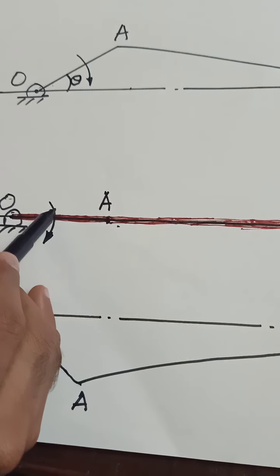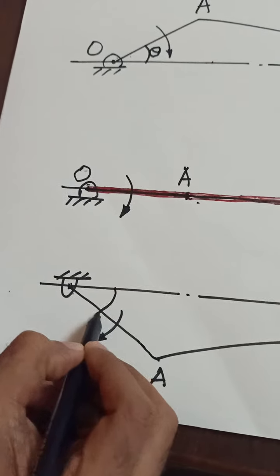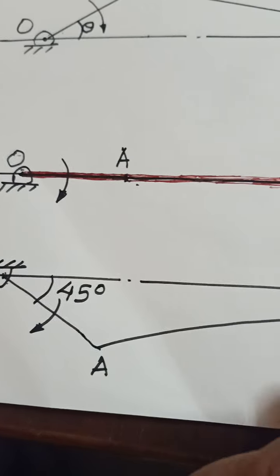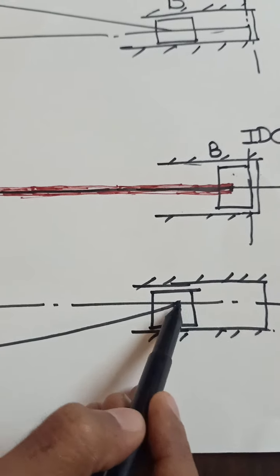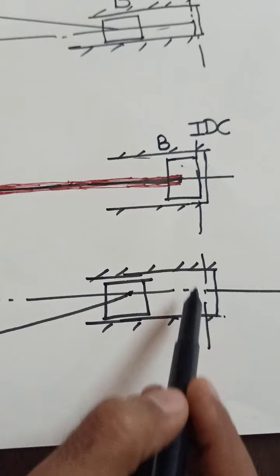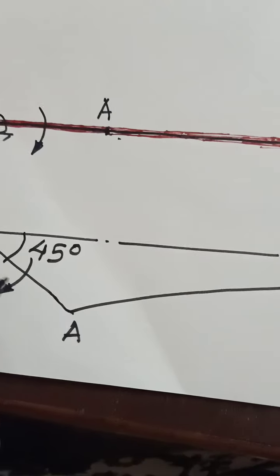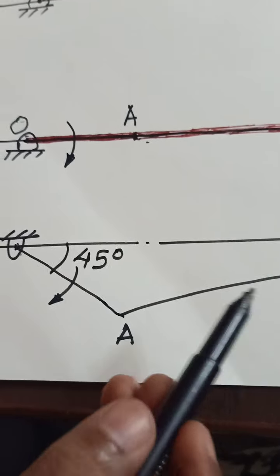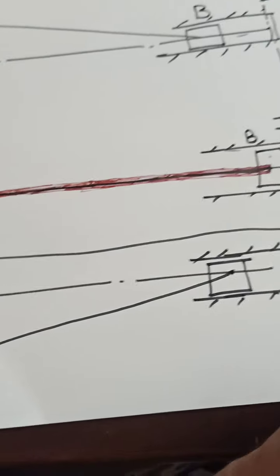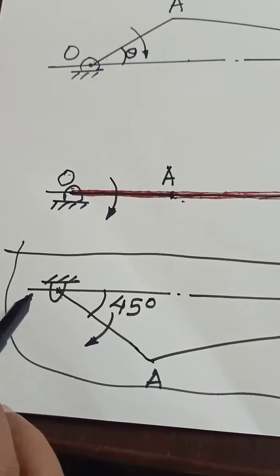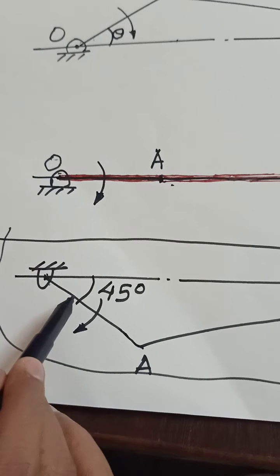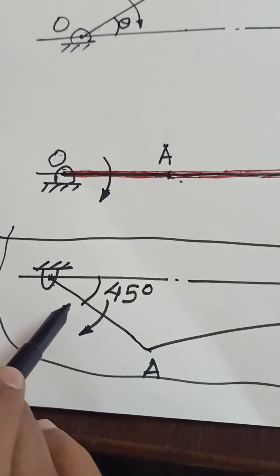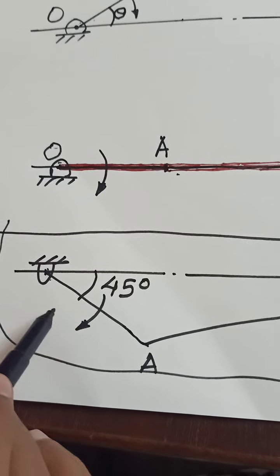Now further, when it moves in clockwise direction by 45 degrees as given in our problem, the piston slider will be somewhere here, and this is the inner dead center position, and the crank is at 45 degrees. So if I am taking the slider on the right side, then I have to draw the space diagram like this. This position will show a 45 degree rotation of the crank from its inner dead center position if the crank is rotating in clockwise direction.